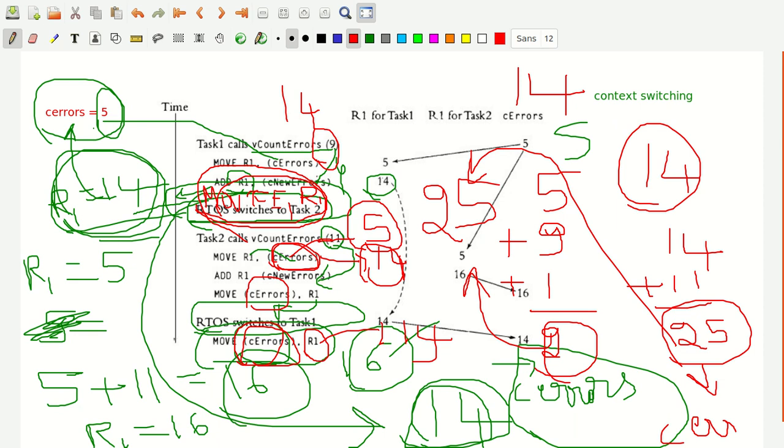If the interrupt happened after the completion of the task 1 function, there is no problem in this one. There is no problem, because the interrupt happened in the middle somewhere. Actually, updation of the C errors with the R1 value was not done. The C errors actually retained the older value, so that's why you got this 14 instead of 25. So this is the sharing data problem.